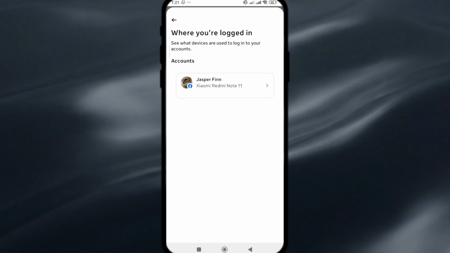If you find a suspicious login, tap on that device and select Log Out to remove it from your account immediately. After that, it is a good idea to change your password and enable two-factor authentication to make your account